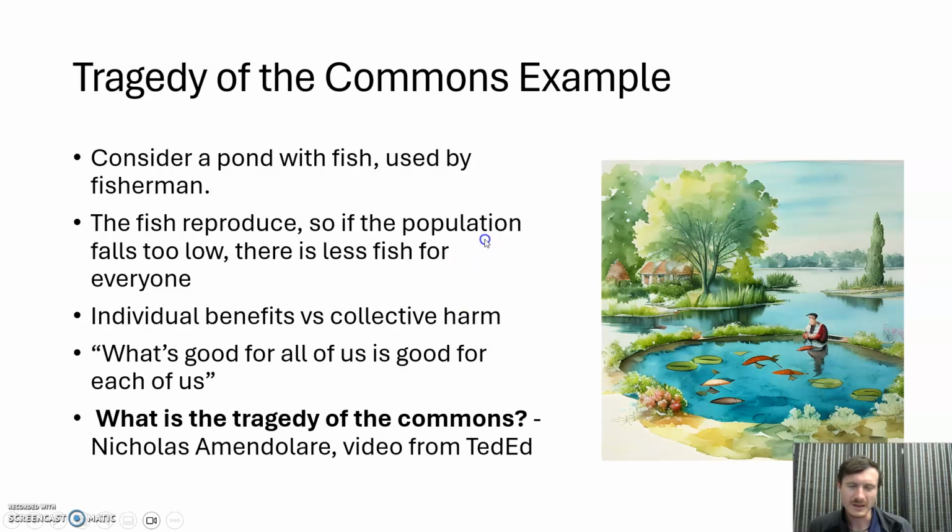But if everybody does that, then all of a sudden there's no fish left, and since the fish are reproducing, the number of fish is a function of how many fish were there before. If everybody goes and does that, then there's no fish left for anybody. So even though each person has this individual incentive to take fish out, if each individual person follows that incentive and takes out as many fish as they can, then all of them are harmed, right? In other words, being selfish doesn't necessarily help that individual person, but they have the incentive to do so.